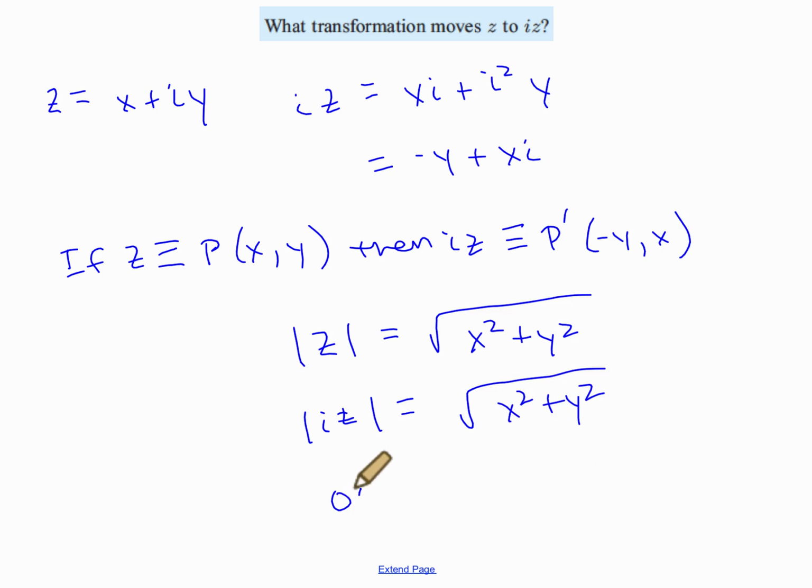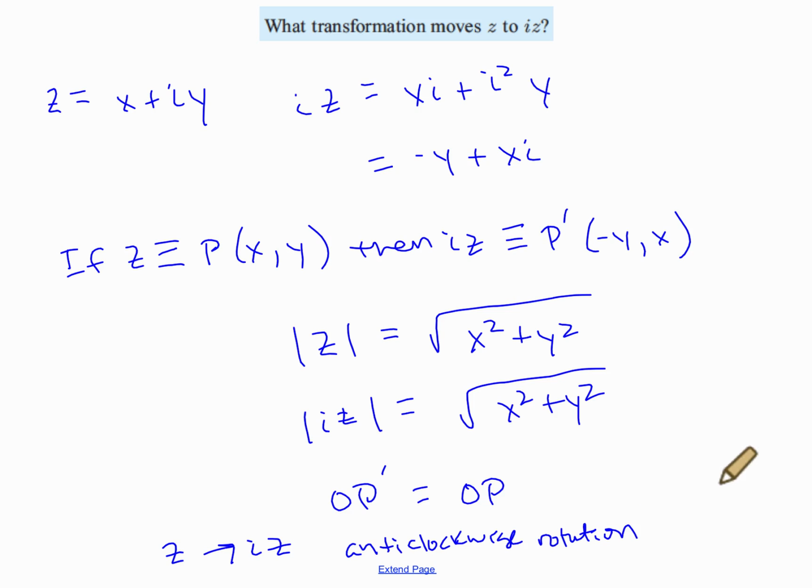So therefore, the distance from the origin to P prime is the same as from O to P. From this, we can tell that z moves to iz under an anti-clockwise rotation of pi over 2